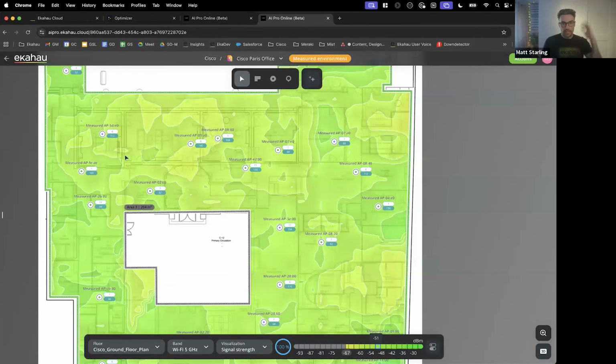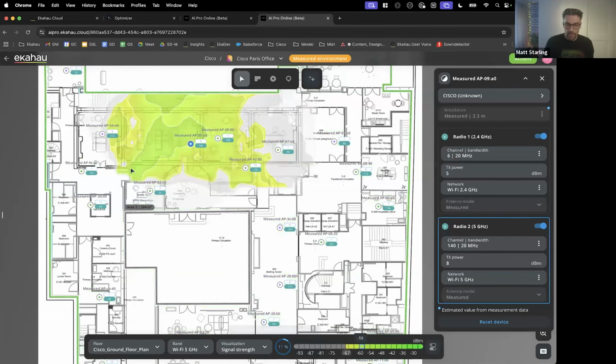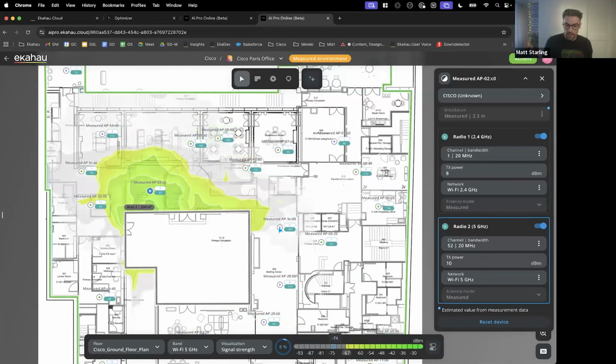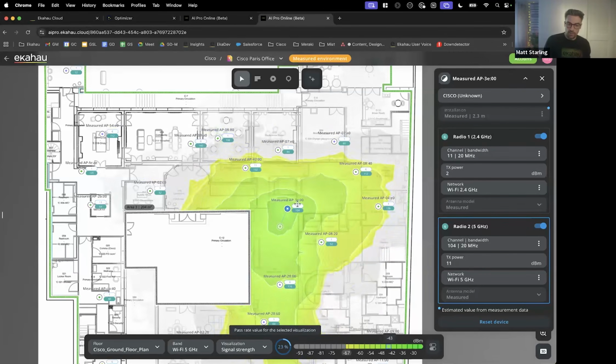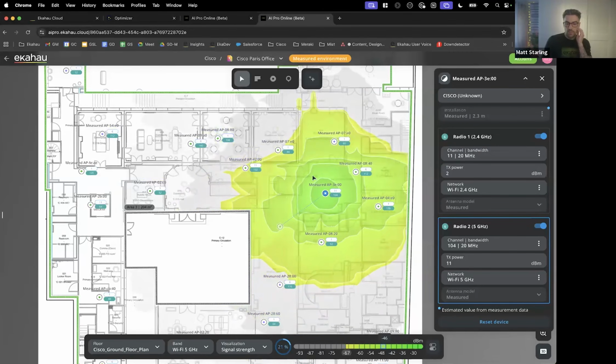So this is just survey data that I pushed to Ekahau AI Pro Online, and I can see the coverage coming from the access point. But let's say that I wanted to relocate this access point. Maybe I had a coverage gap over here and I wanted to move this access point. Rather than having to draw in all of the walls manually and then add in all of the attenuation values accurately, what I can do is just grab the access point and move it around, and it will simulate